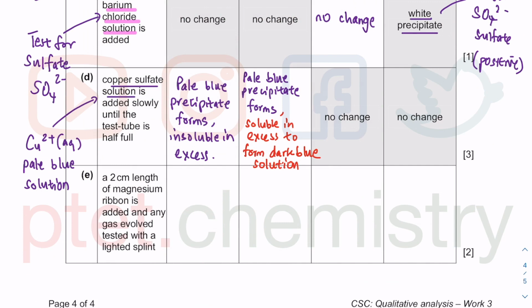The next bit, you have magnesium ribbon. So this is a metal, and gas evolved means gas released. You test with a lighted splint, which is the same as a burning splint. So this is a reaction of a reactive metal like magnesium. Magnesium is up there, a reactive metal. Metal plus acid will give you a metal salt. But they also give you a gas, and this